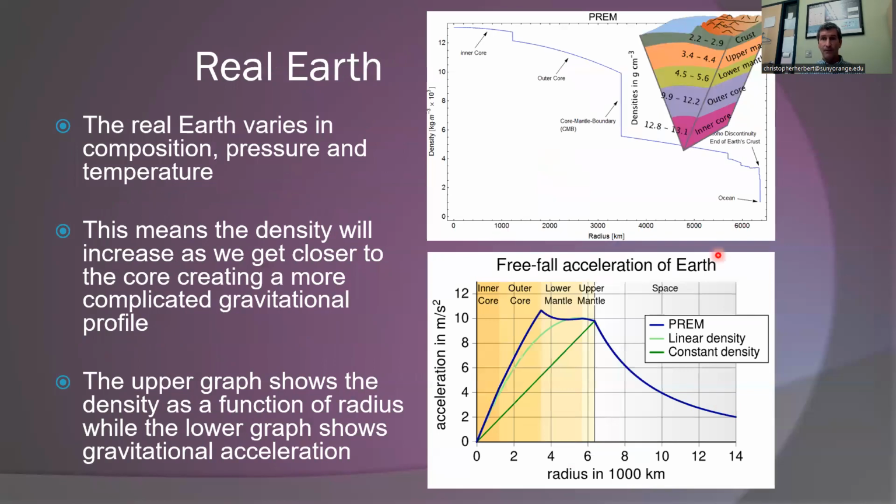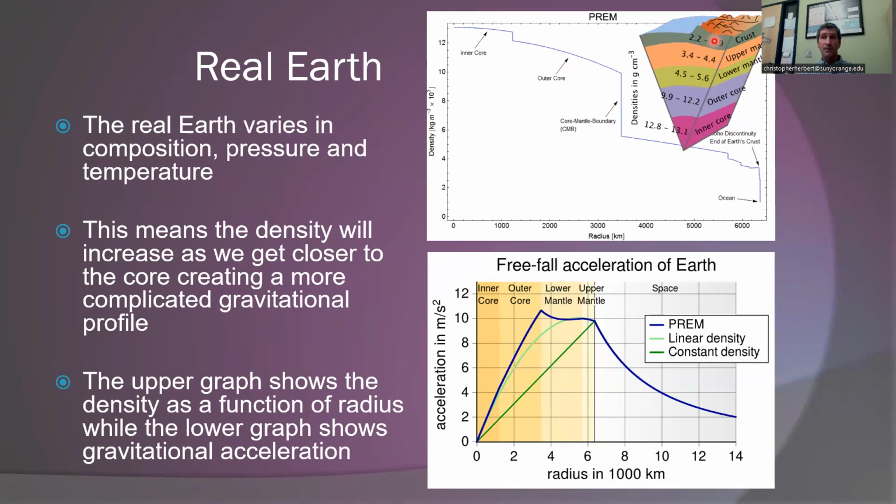And what we find out is, if we say the inner core has a density of 12.8 to 13.3 grams per cubic centimeter, the outer core is between 9.9 to 12.2. The lower mantle is made of dense, very mafic rock, 4.5 to 5.6 grams per cubic centimeter. The upper mantle is a little bit lighter, mostly olivine. I'm not a geologist, so don't kill me if I'm not completely spot on this. And then the crust is, of course, the